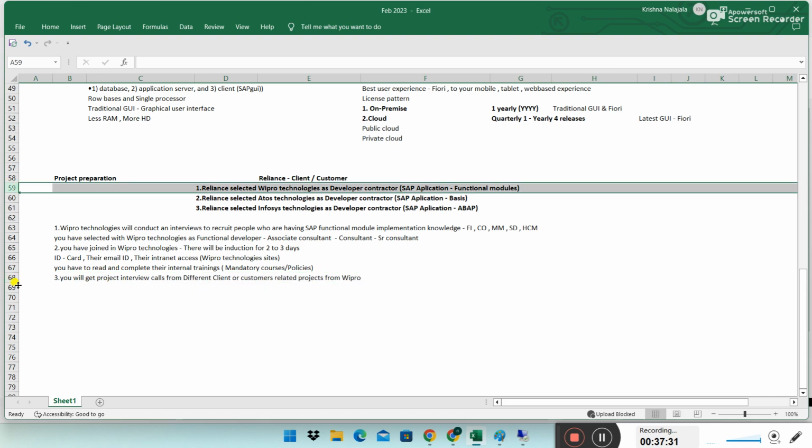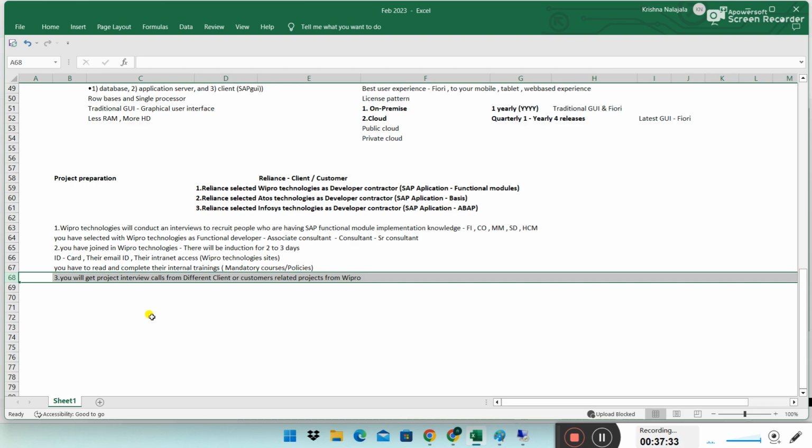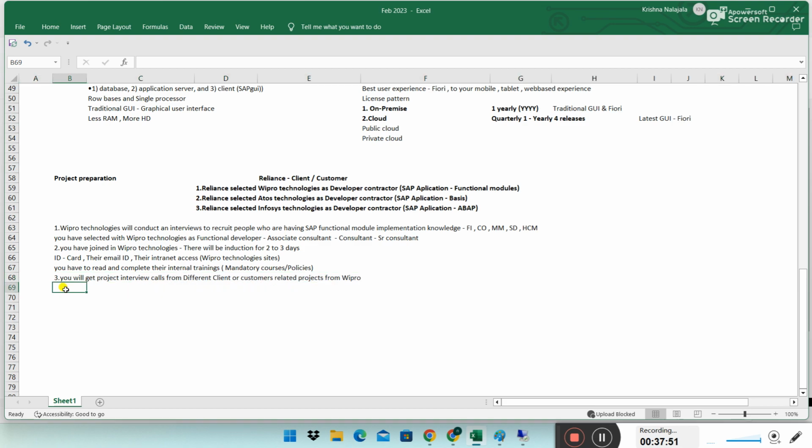Now you got a call from a Reliance project. They said, "Hey, we have a Reliance implementation project. You have implementation experience." If he is happy, then he selects you. "Okay, I'm taking you into the project." Once you are selected for any project, there will be a